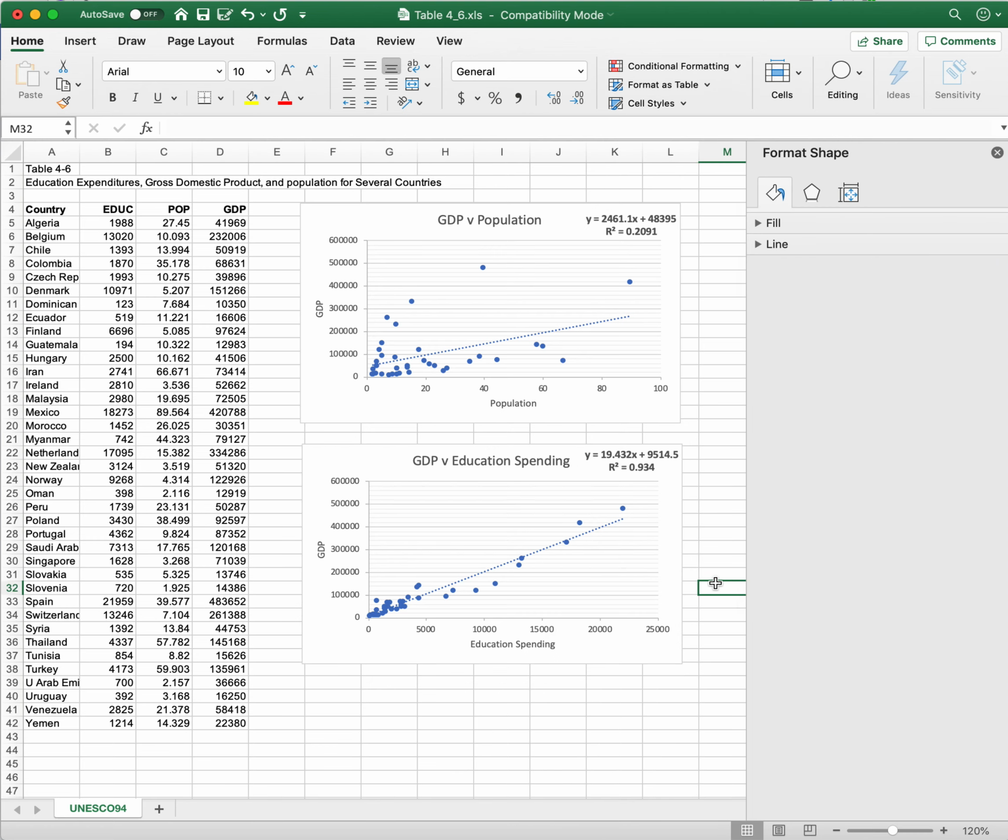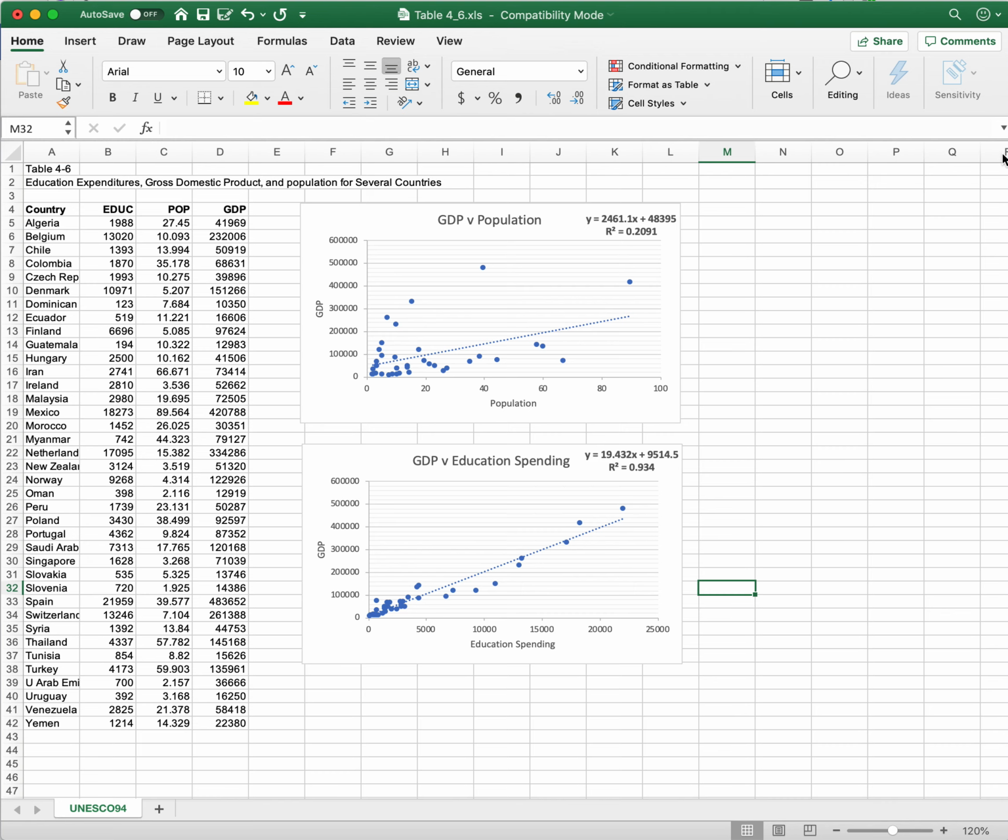So there we have it. Very simple linear regression using a graphical technique in Excel, and that's about all you really need to look at on a very simple level. It gives you a scatter diagram, and it gives you the regression equation and the R squared. If you want to find the Pearson correlation coefficient,